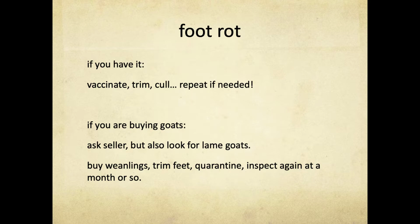The other tactic, even if you're buying from an infected property, is you buy weanlings. Buy weanlings early when you wean them. Trim their feet. Quarantine them. Inspect again in a month or so, or you can inspect every 2 weeks. And anytime you find an infected foot, you basically move that animal out and either clean it up or cull it. And then basically what you're doing is assuring that the first time that you see this is in a weanling's foot,